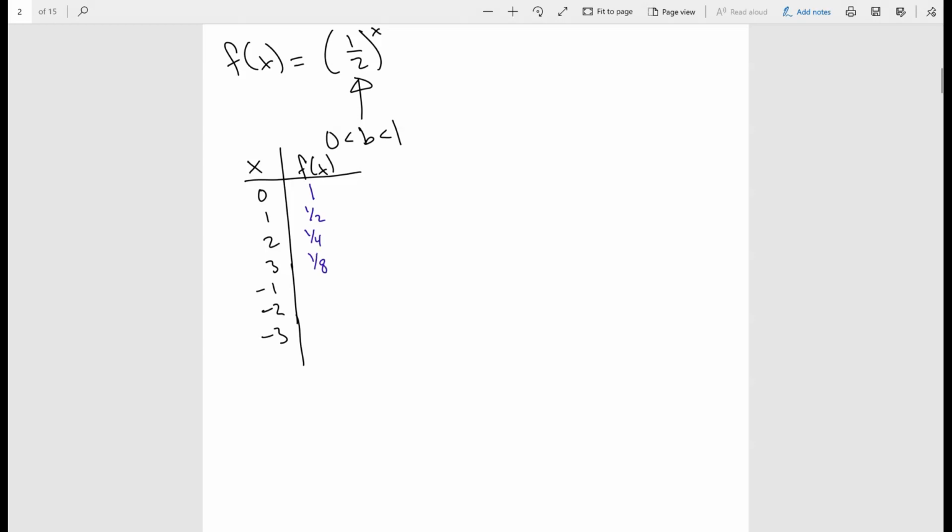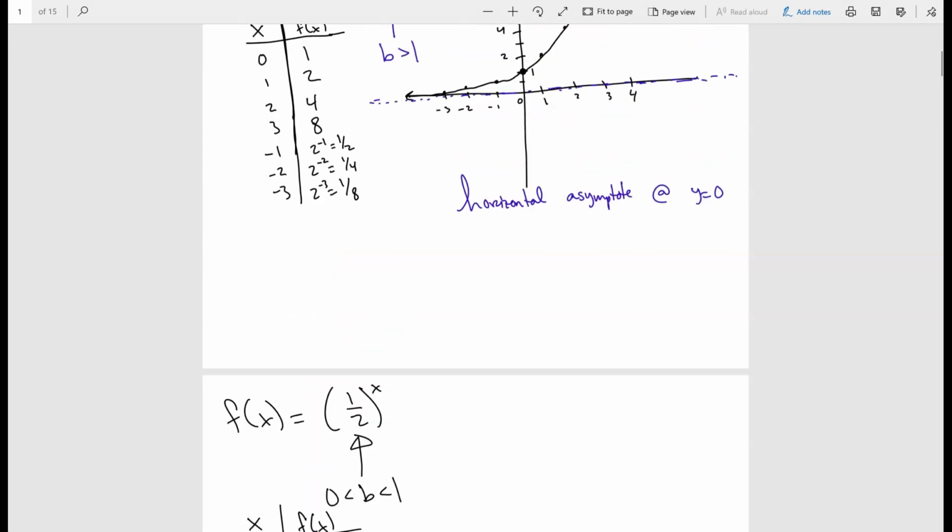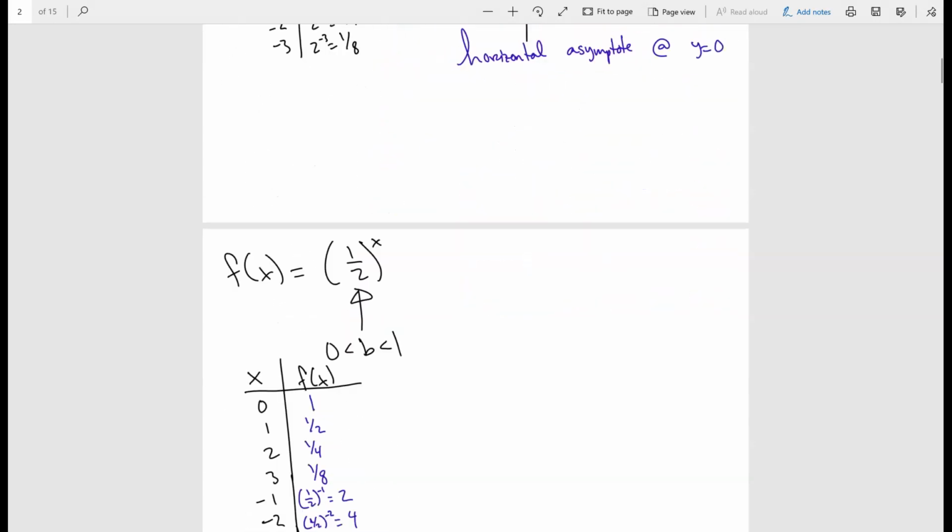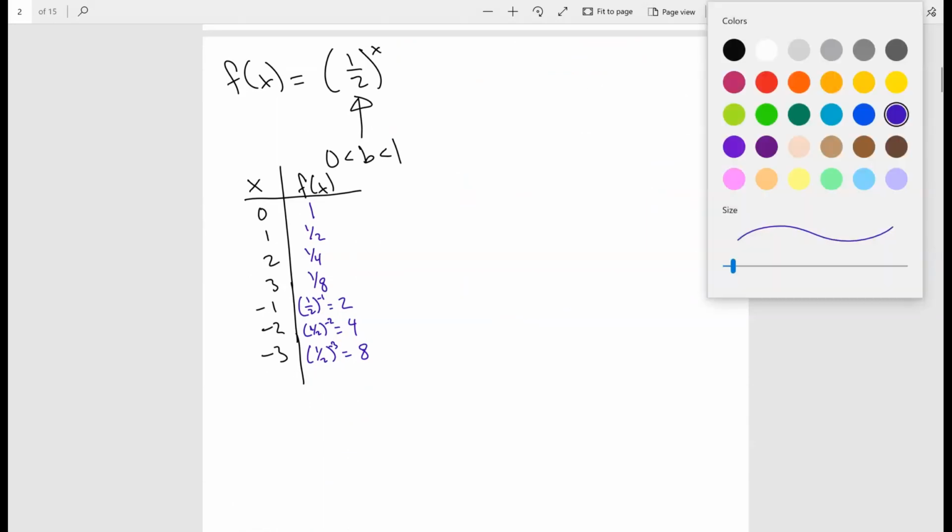When I put -1 in there, 1/2 to the -1 power basically flips it to a 2. 1/2 to the -2 power flips it to a 4. 1/2 to the -3 power gives me an 8. So notice that this is kind of the opposite of this guy. Okay? So when I graph this,